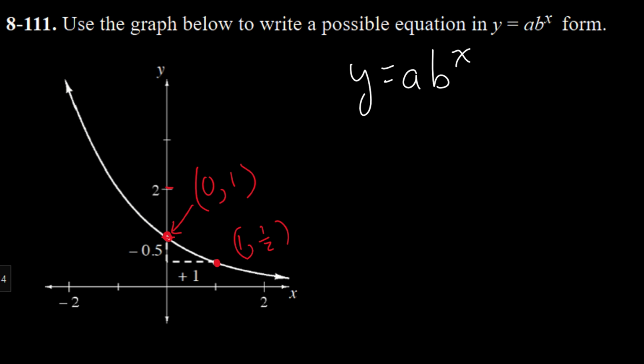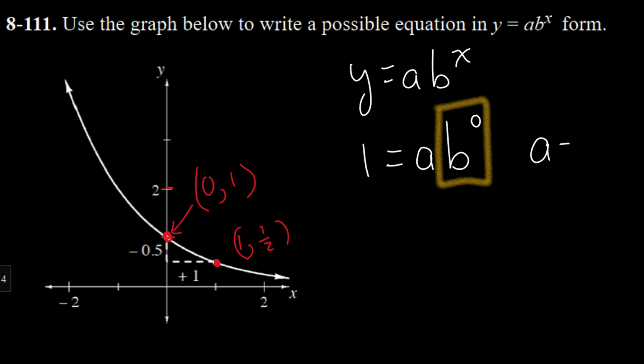I could write, first off, 1 is equal to a times b to the 0 power. And because b to the 0 power equals exactly 1, I just wrote down what a is, right? So a, my 0th term is 1, and I knew that anyways, because I can see where it's going through there. So a is 1, and then my other equation is 1/2 equals a, b to the x. A is 1,